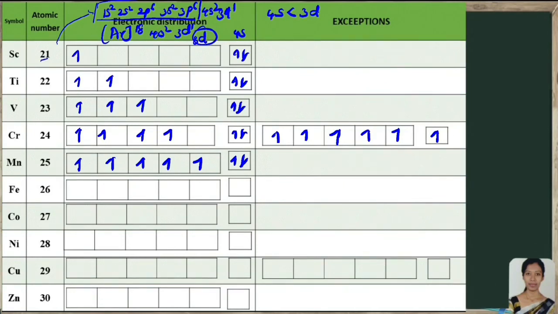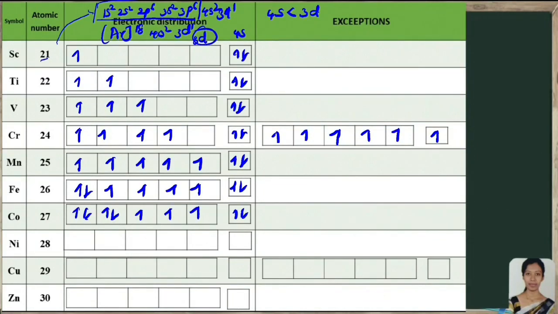In a similar way, for iron, which is argon 18, 4s2 20, another 6 electrons according to Hund's rule, 1 electron in each orbital should be filled, then the pairing of electrons will take place. Next element is cobalt with the atomic number 27, argon 18, 4s2 20 electrons, another 7 electrons, 1, 2, 3, 4, 5, 6 and 7 electrons, like this.